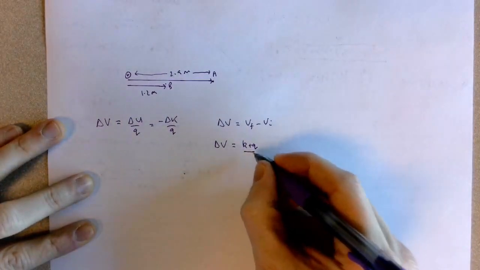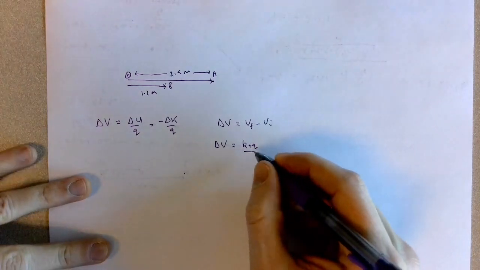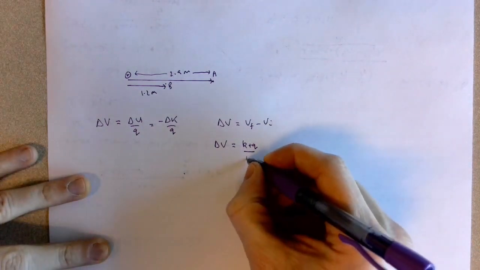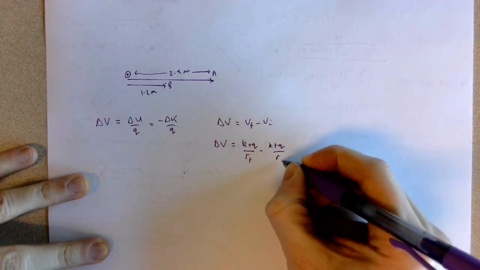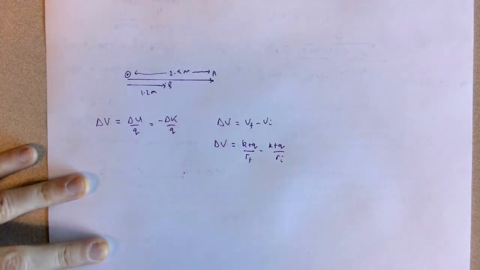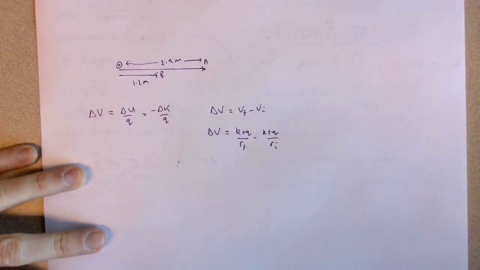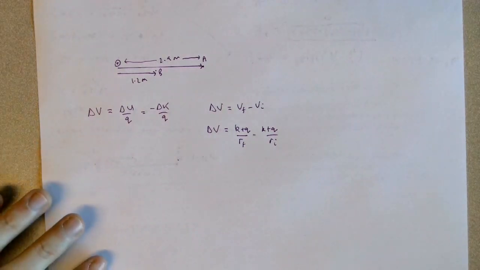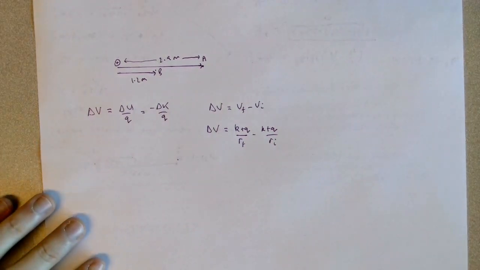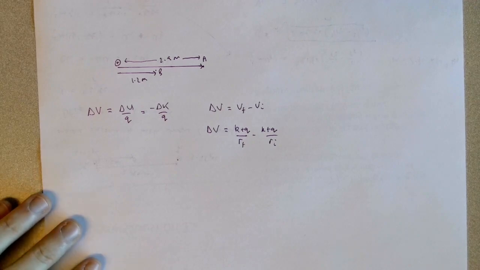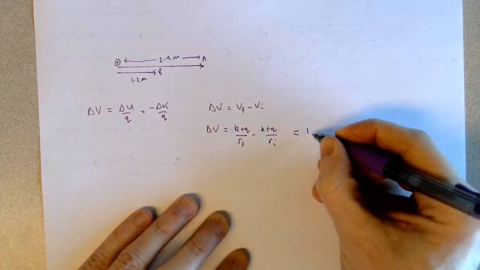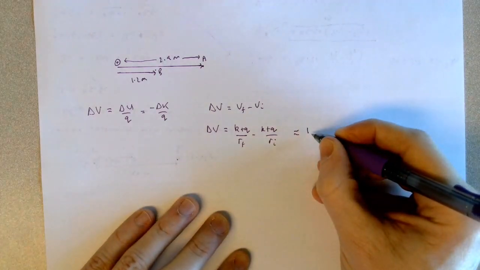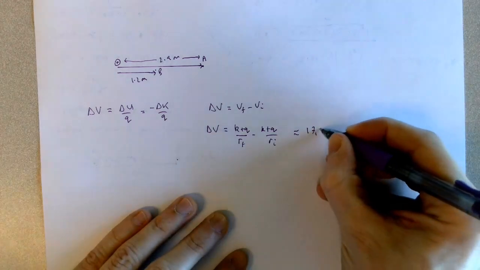So this plus Q is referring to the 4.07 microcoulomb divided by R final minus K plus Q divided by R initial, and that would give you the change in potential difference. Now if you work out those values, the potential difference is about 17,900 volts,